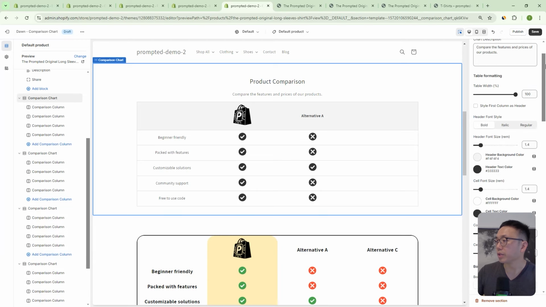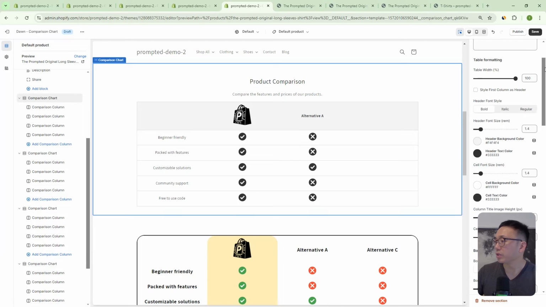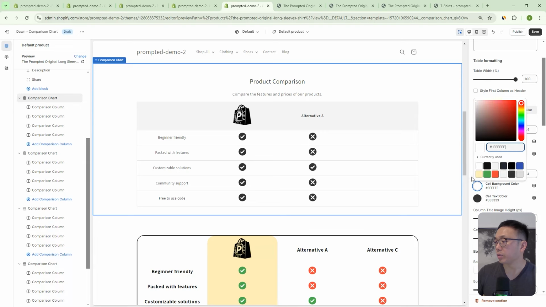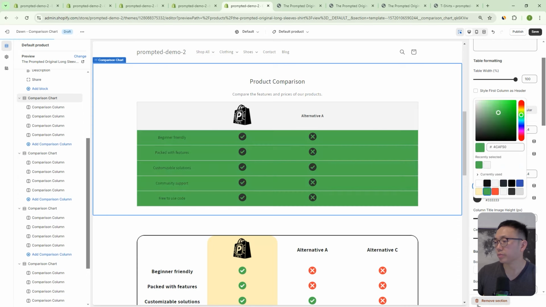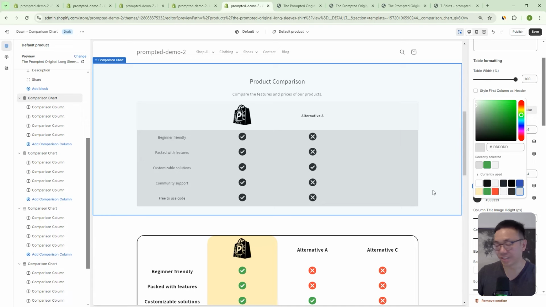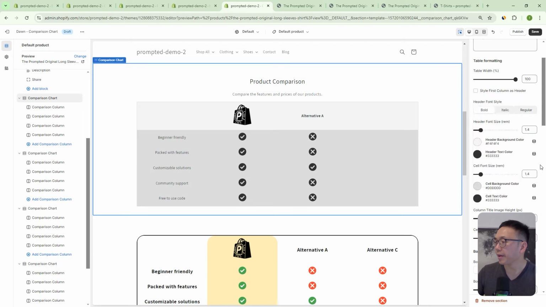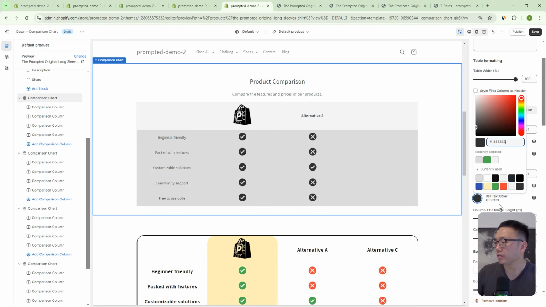So let's just come here and let's change the text color and the background color. So cell background color, right now it's white. So let's make it a gray. Or let's go a little bit more different. So make it a green. No, let's maybe go with the gray, because the green has a check mark, the checkmark screen, so I don't want to clash with that. Okay, so we've got this gray here,